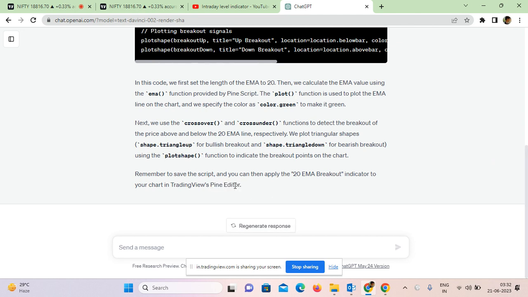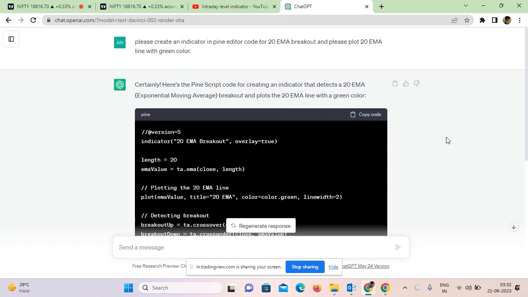See the beauty of the AI tool. Using the AI tool for indicator creation is very easy and very handy if you don't know any computer language or any computer skills. You can create your indicator by simply typing your requirement in simple English. See the example. I just gave my requirement to the AI tool.